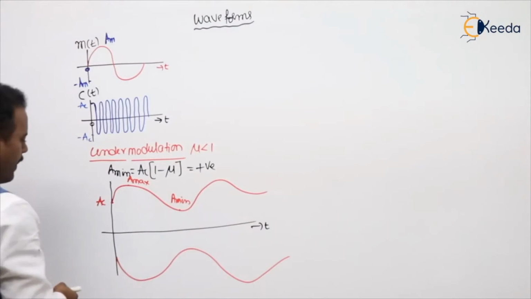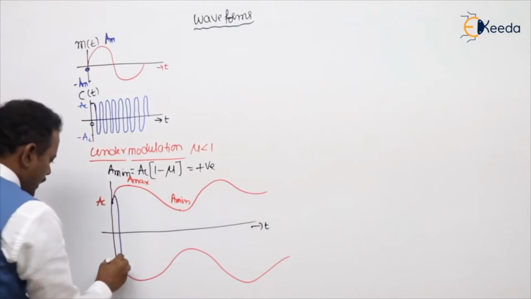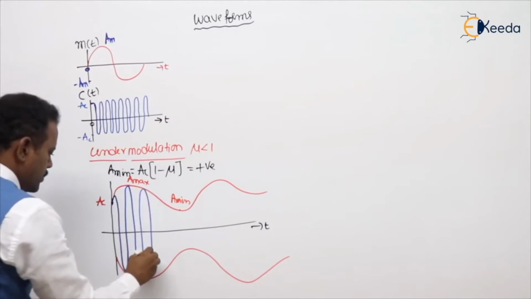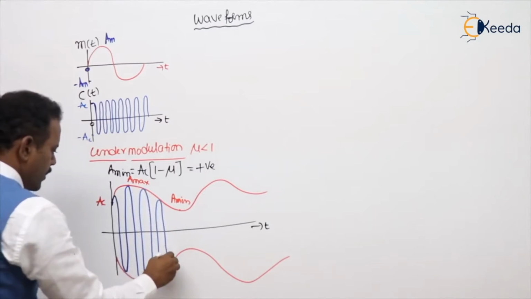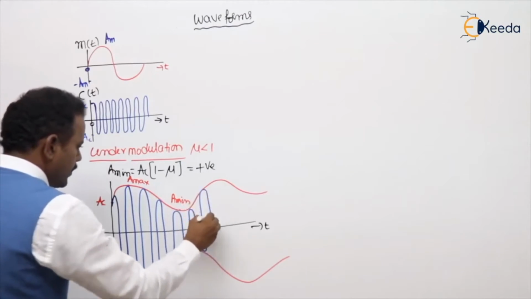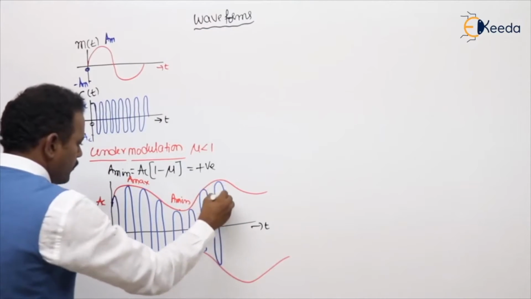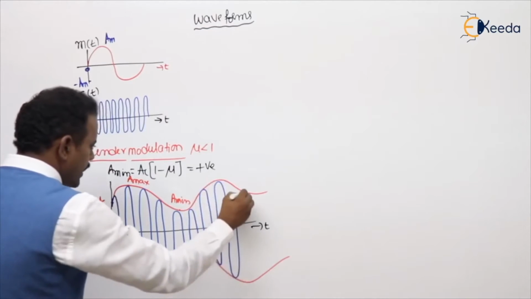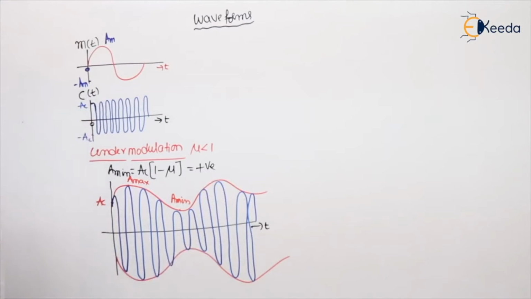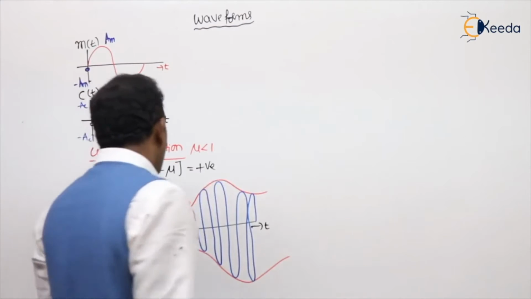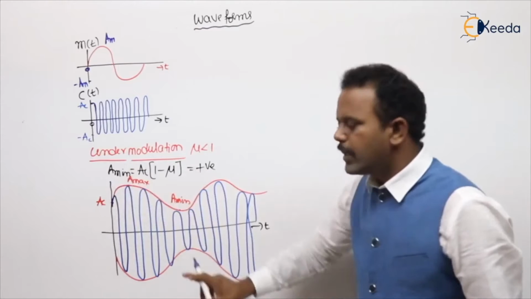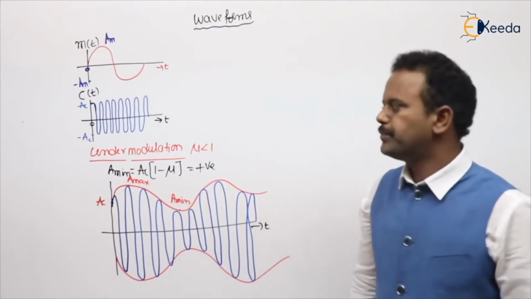Now, this is of course the carrier. Now try to see the carrier amplitude before and after modulation. Before modulation, the carrier amplitude is always constant, but after modulation, the amplitude of carrier is going to vary according with our message. Are you getting my point or not? Now here, I told A minimum value is positive. This is the meaning of A minimum is positive.